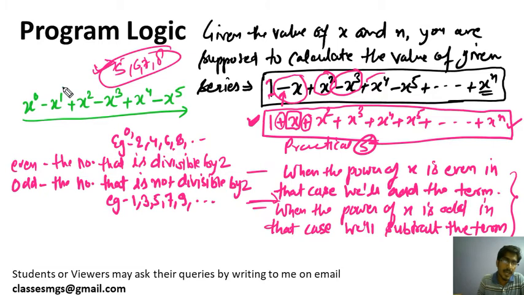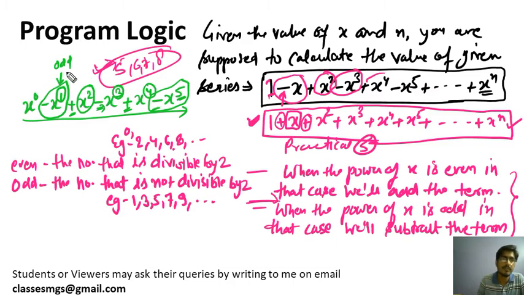So whenever the x is raised to power 1, that means this is an odd number. In that case we are finding the pattern that the terms that have the power as an odd number are getting subtracted, and the terms that have the power as an even number are getting added, because here it is added. Again, odd term, it is getting subtracted; even term, it is getting added; odd term, it is getting subtracted. So we have found a pattern.